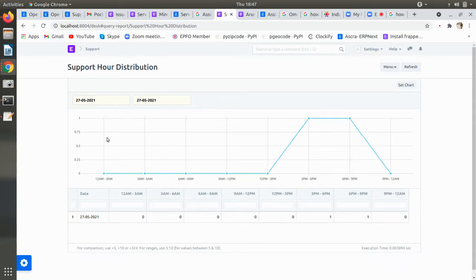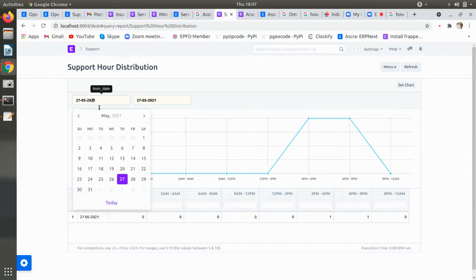Support distribution. There is one report here. It is saying this ticket has been created. Support or distribution. Okay, so support will be taken from. This is the one report we have.